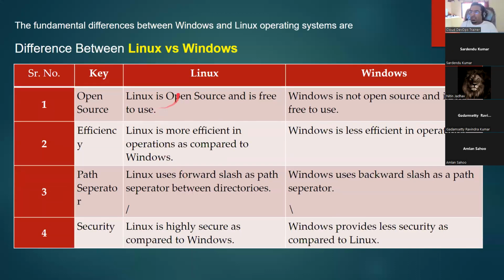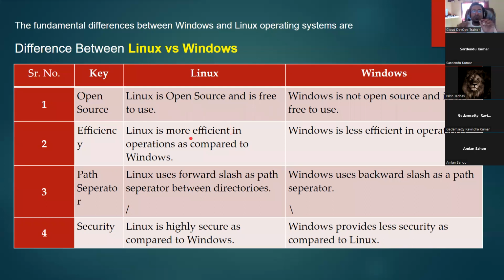Chalo, let's compare Linux versus Windows. Linux is open source. Windows is not open source. For Windows, don't think that you can use it free of cost. If you are using it free of cost, you are using the pirated version, and it's not allowed at the enterprise level. For learning purposes, on our personal laptop, that is possible, but no enterprise company laptop will be without a license. If you use Linux on your office laptop or anywhere, it doesn't require any license. It can be used freely.